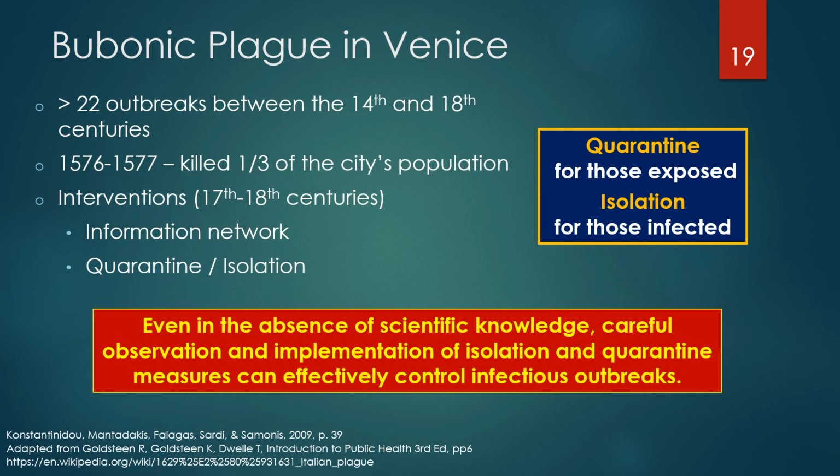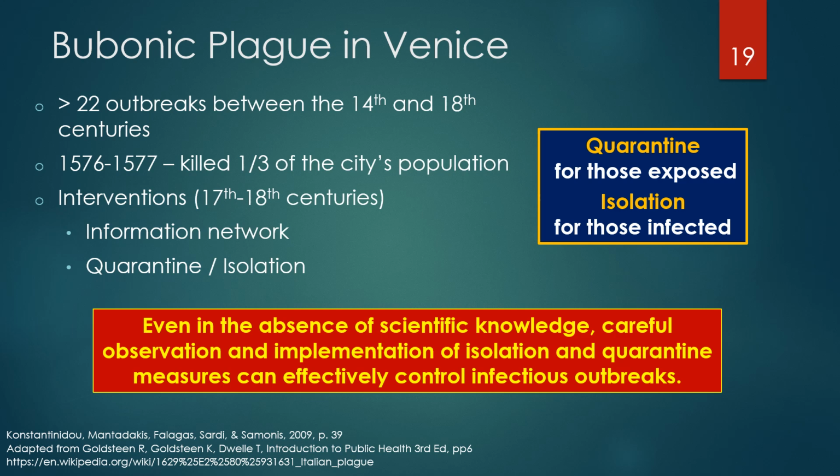Venice, Italy suffered through more than 22 outbreaks of bubonic plague between the 14th and 18th centuries. In 1576 to 1577, the plague killed approximately 50,000 people, or 1/3 of the city's population. During the 17th and 18th centuries, measures were taken by the Venetian administration to combat the disease. Even though the scientific basis of plague was unknown, the Venetians recognized its transmissible nature and successfully decreased its spread